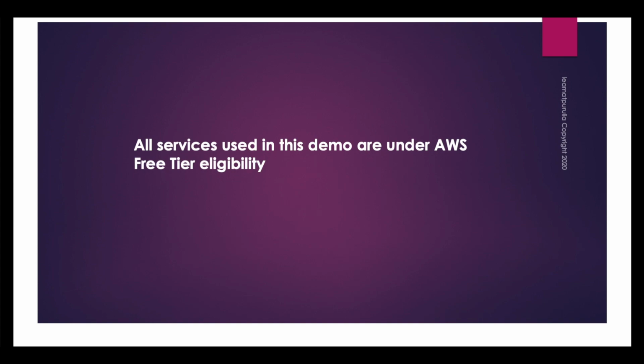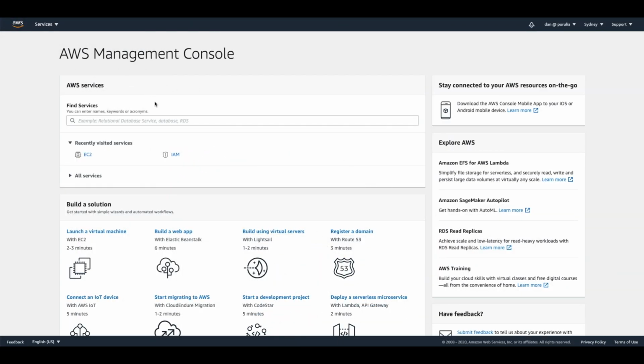So let's go to the AWS console. So this is AWS console, and I've chosen my region, which is close to my place, which is in this case Sydney. And so let's go to